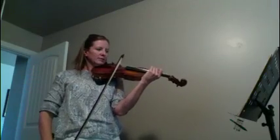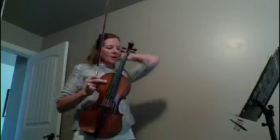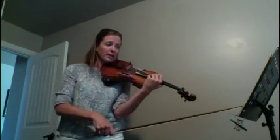So now we're going to shift up to an F natural. And guess what? It goes from here to up here. So what in the world are you going to do for an anchor note? That's super hard to figure out. So I'm going to teach you. I'm going to shift up on the G string where my 2 would be if I were playing that high F. So when I go up to the F,